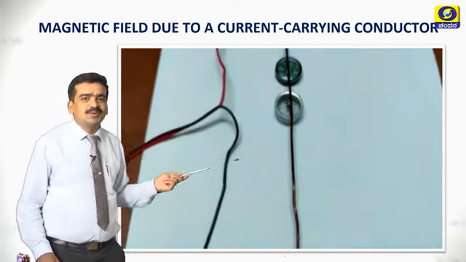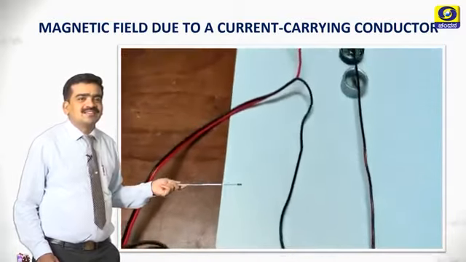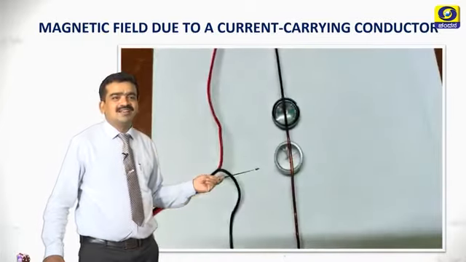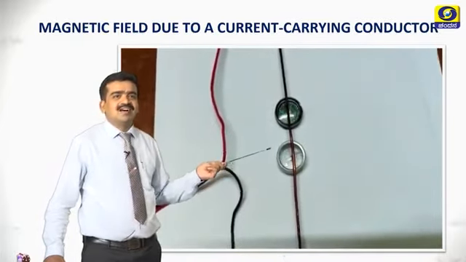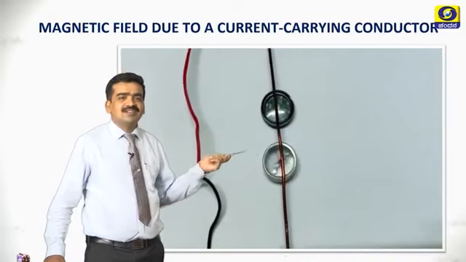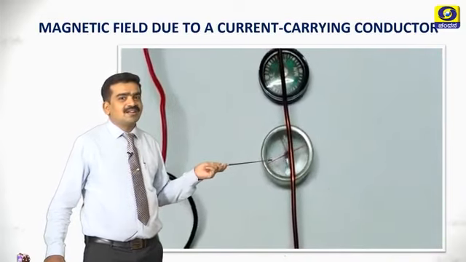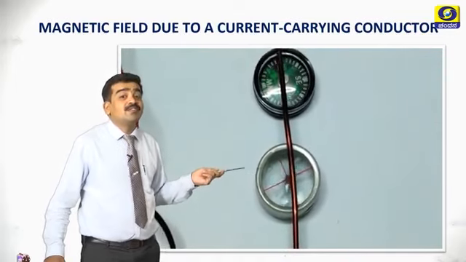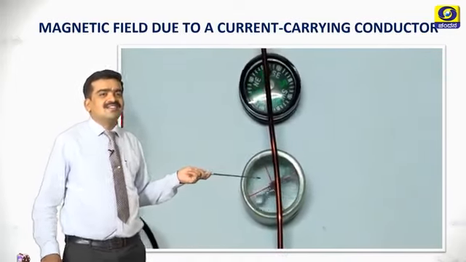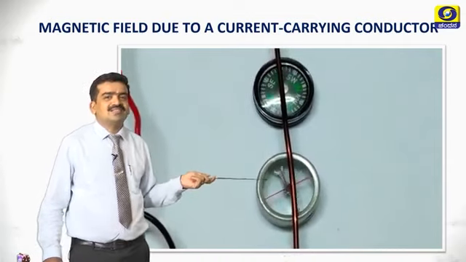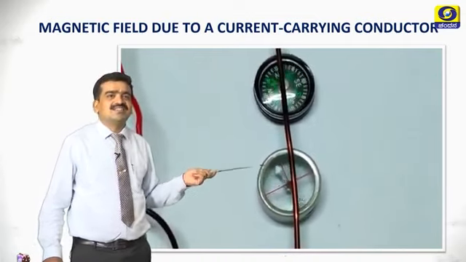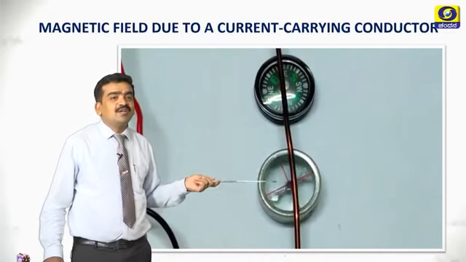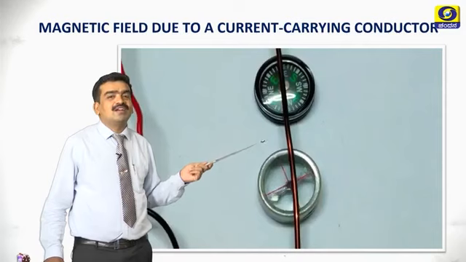Here I am showing you an experiment. I have connected a straight conductor to a battery with the help of wires. I have used two magnetic compasses here. So what are the uses of a magnetic compass? The most important use is to identify the magnetic field. Here the deflection in the magnetic compass gives us the existence of a magnetic field around a conductor. When we are going to see the magnetic field in this case,